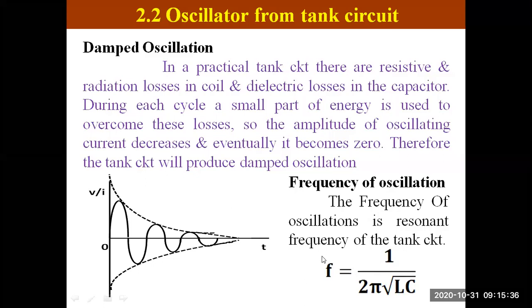The frequency of oscillation is nothing but the resonant frequency of a tank circuit, and the resonant frequency of a tank circuit is given by the equation f equals 1 divided by 2π root LC. This is the frequency. Now after that, here we have to say that